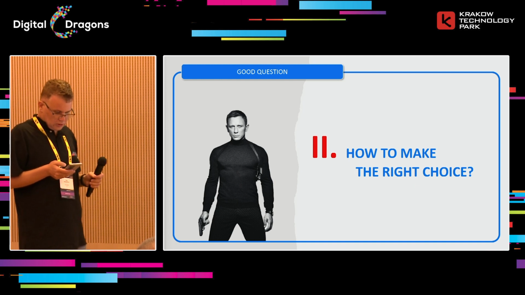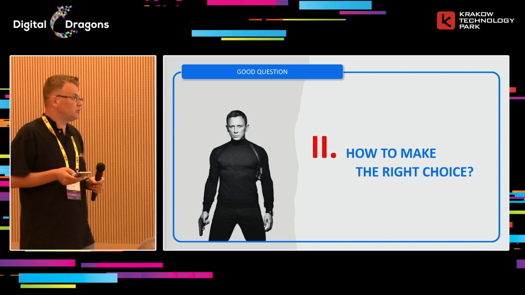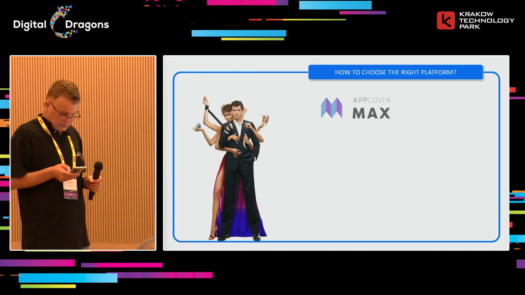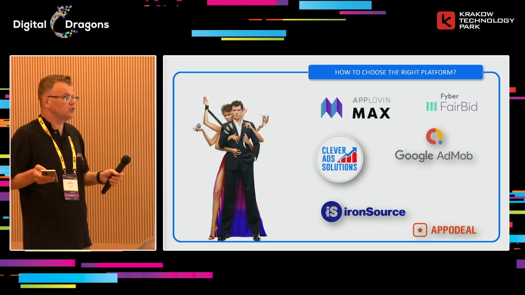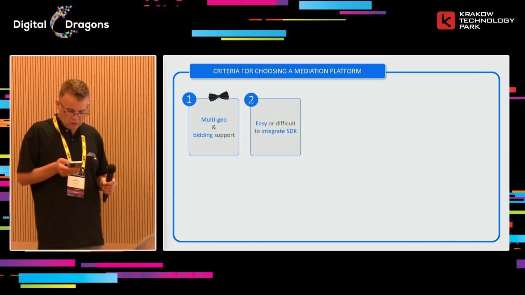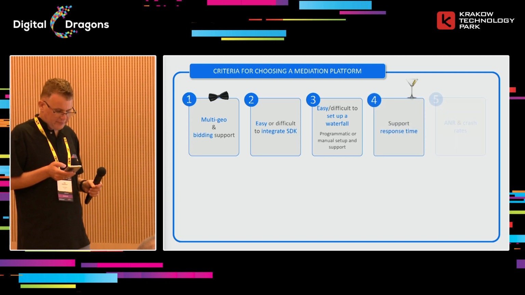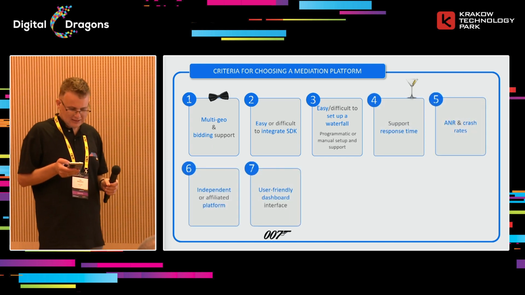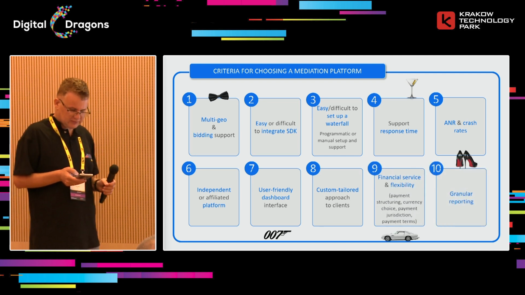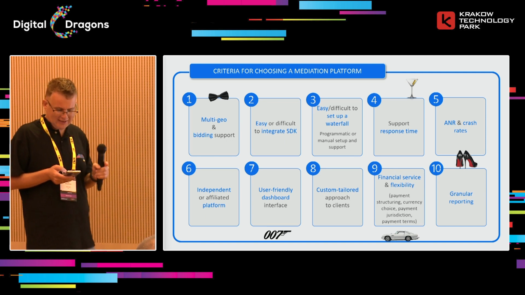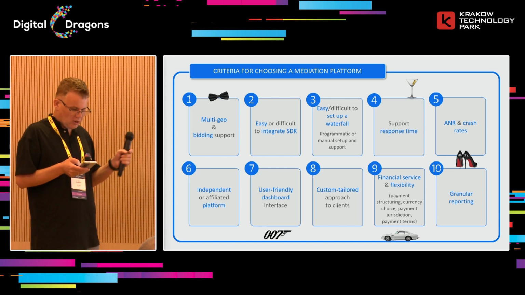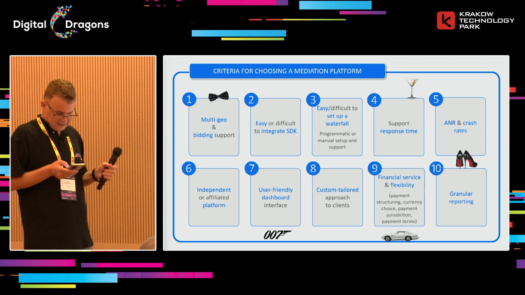Now we are going to the last part, and we take a look at the main mediation platforms on the market. What is the most important criteria for choosing? Firstly, of course, this is profit, revenue. Lots of junior developers think that eCPM is the main measurement criteria. This is a big mistake. The best criteria for mediation comparison are ARPU and ads LTV. There are also some very important criteria which I will speak about right now.